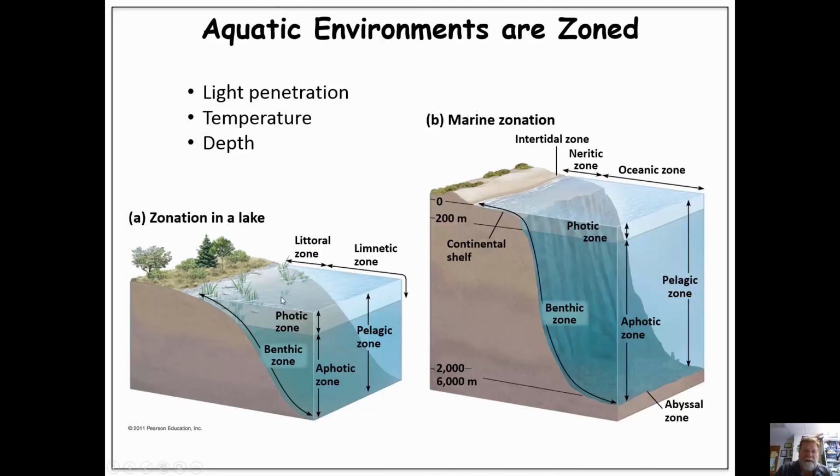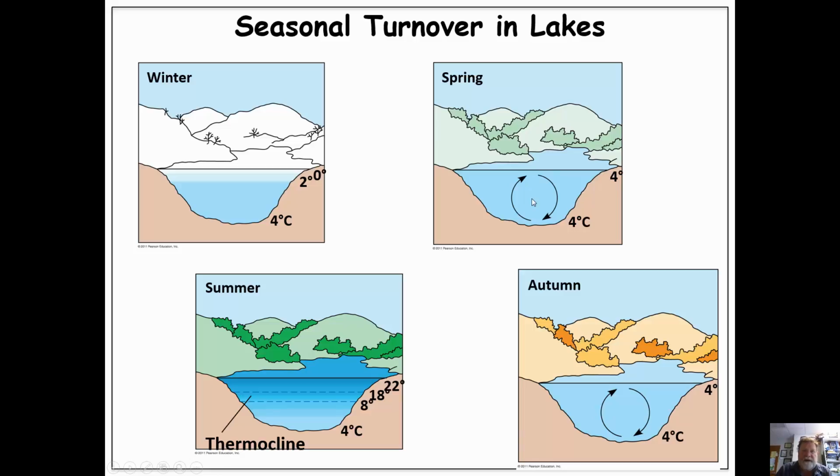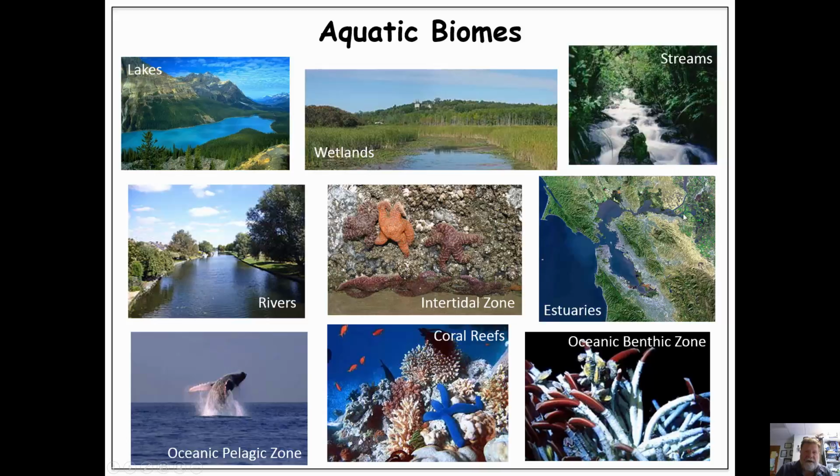For aquatic environments, I do want you to know the parts: the photic zone, where we would see sunlight and algae, and then the pelagic zone, where you're not going to see that as much. And so the zonation of a lake and the zonation of a marine environment. Again, you should be able to tell me how turnover occurs in lakes as opposed to the oceans. Lakes in temperate areas, where we would have a cold winter and a warm spring, tend to have a turnover in nutrients in their aquatic biomes. Estuaries and intertidal zones that are in the